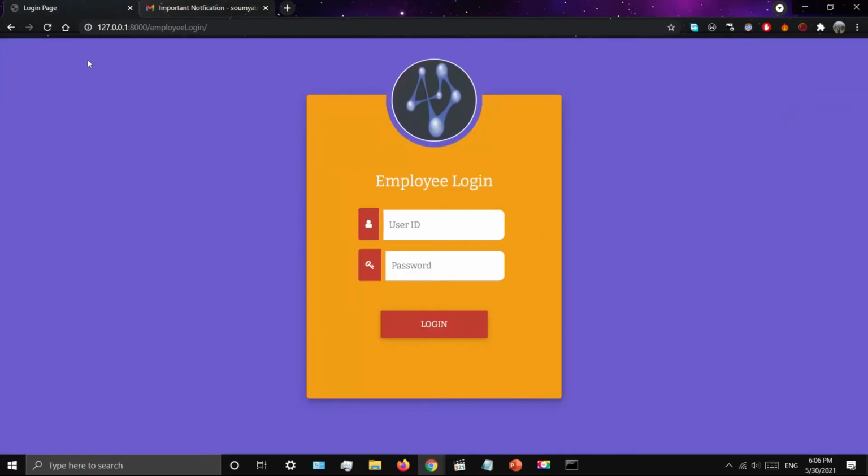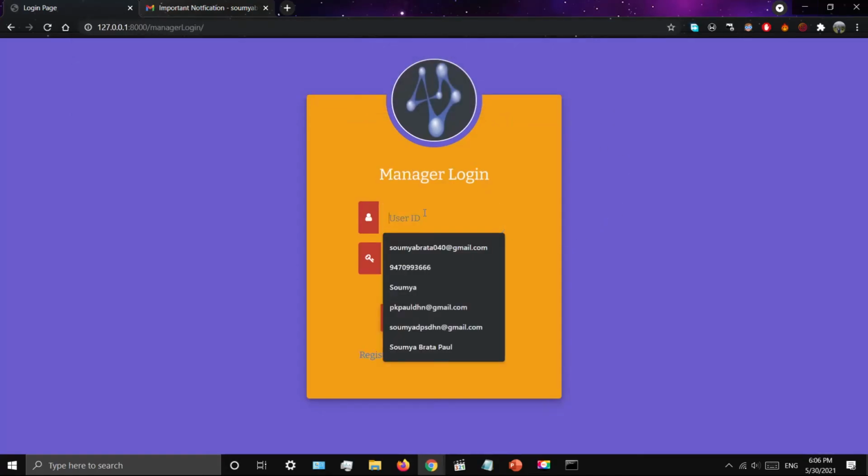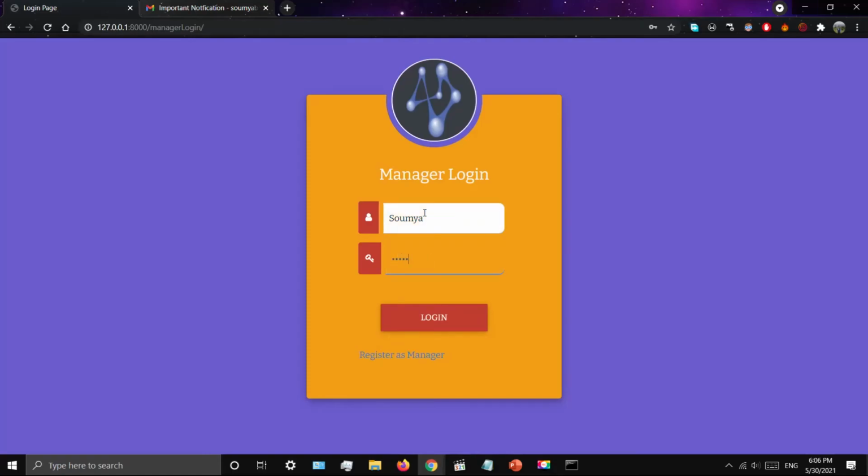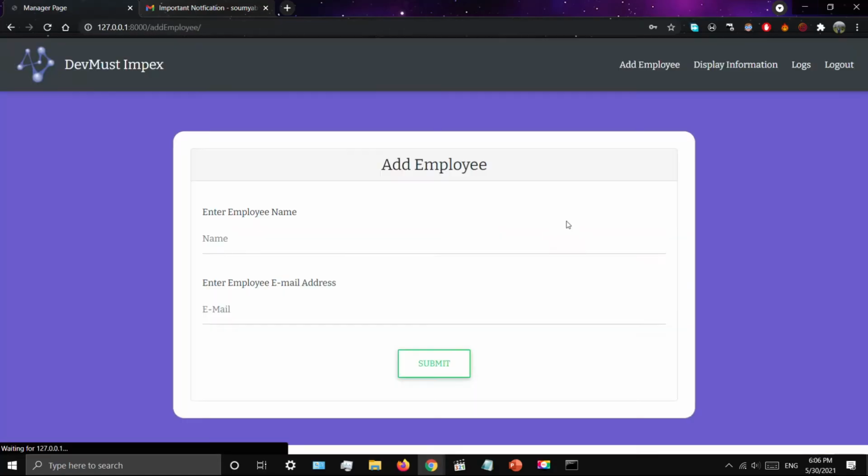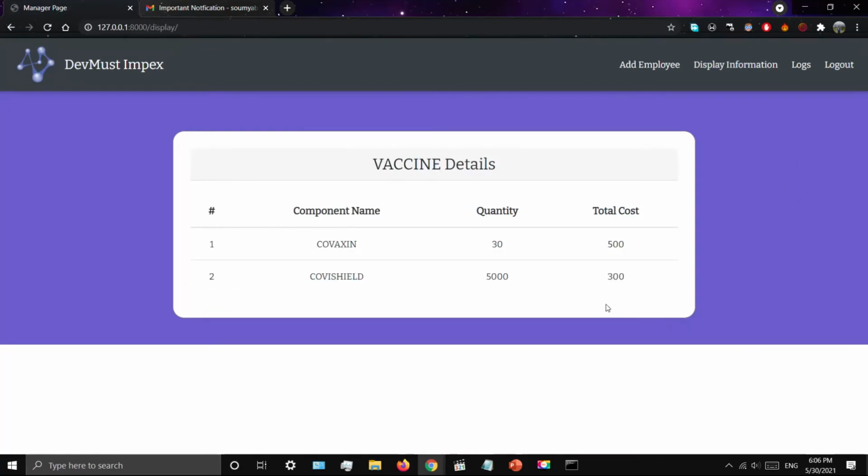We log out from here and go to the manager login. We display the information. We can now see that another vaccine component has been added with the respective quantity and total cost.